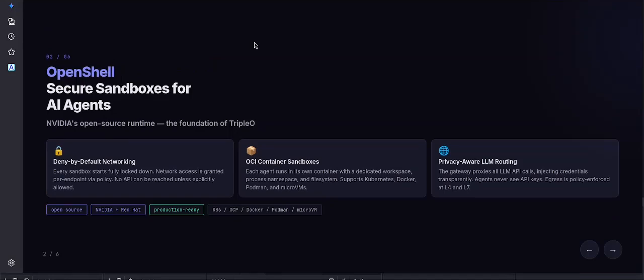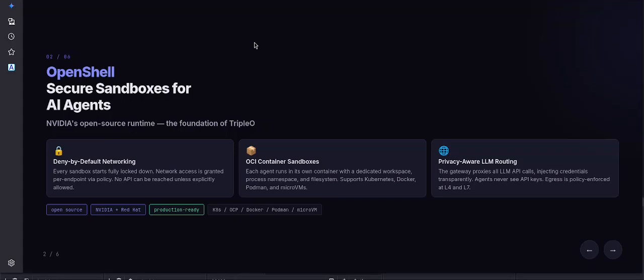So let's see the first layer of this security. It's Openshell. Openshell is an NVIDIA project, and Red Hat currently is one of the main contributors there. What it provides is secure sandboxes for AI agents. It can be both for interactive work, when people just run their AI agent inside the terminal and code with them, or it can be a sandbox for autonomous agents that run completely autonomously, independently, and do their work.